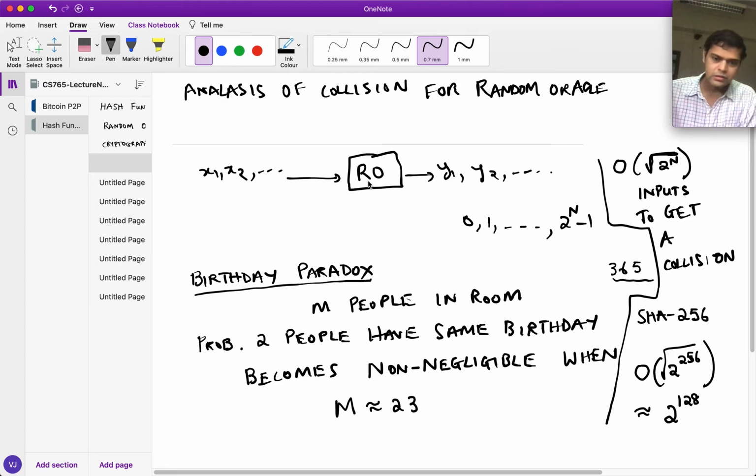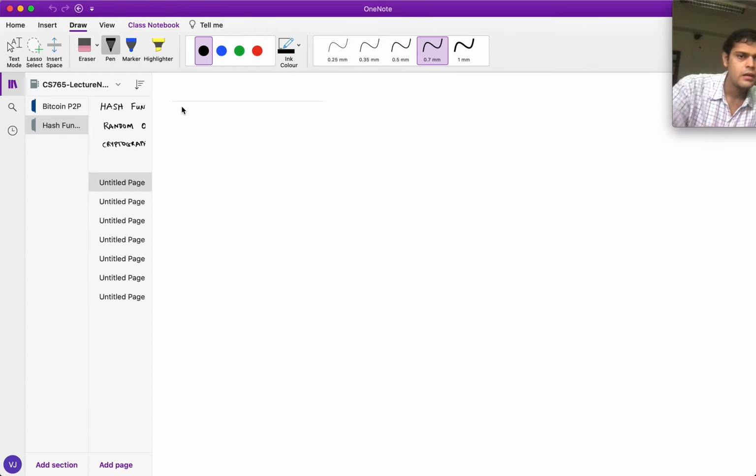So this is about collision resistance, and we exploit this collision resistant property when we require unique IDs, either for blocks or even for transactions, as we'll see later. So a second property is hiding. So what is the meaning of hiding?